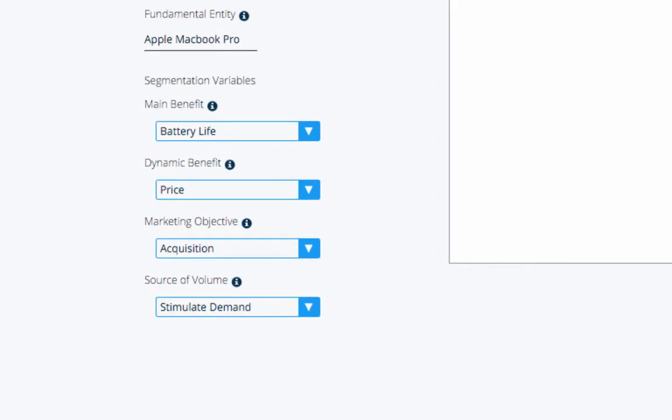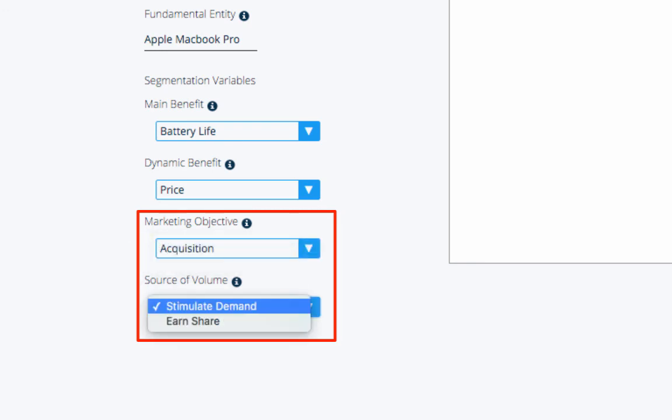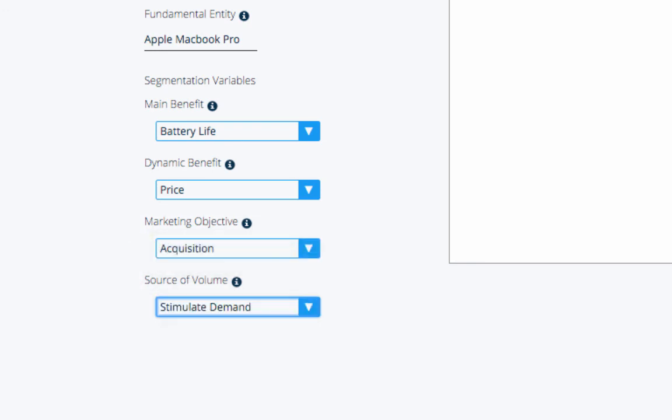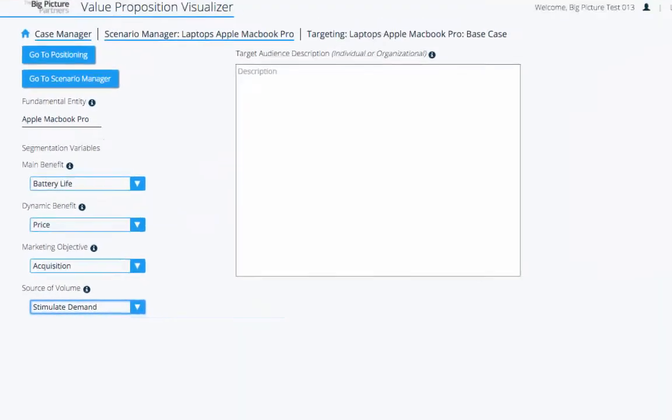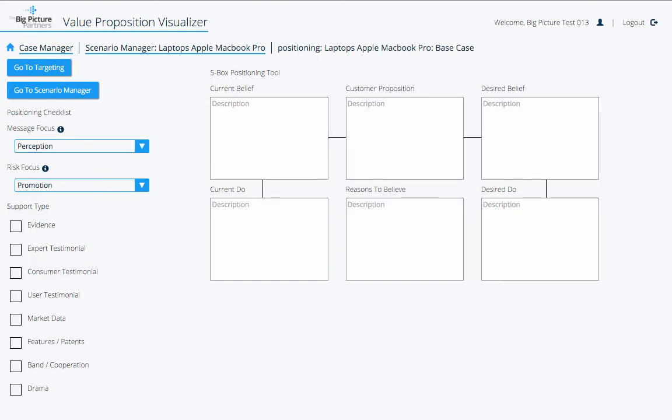In the target audience description page, you can also enter the name of the fundamental entity. You can select a main and a dynamic benefit and a marketing objective and source of volume decision by using drop-down menus on the left side of the page. These menus exist simply so you can remind yourself of the strategy you are articulating through the target and positioning tools. You can access the positioning page by clicking on the blue positioning box at the top left of the targeting screen,